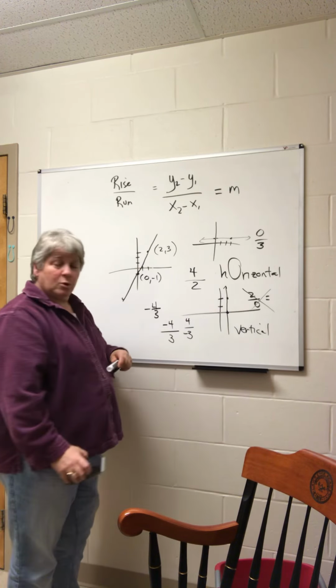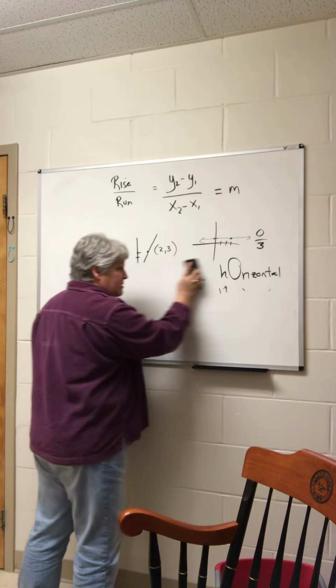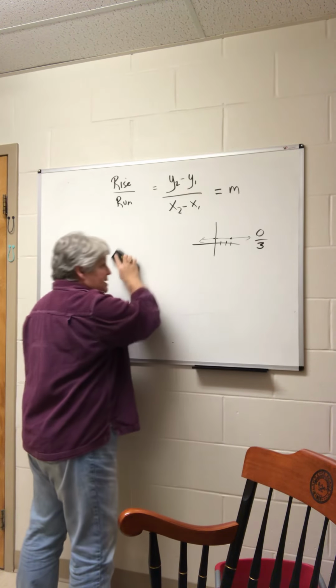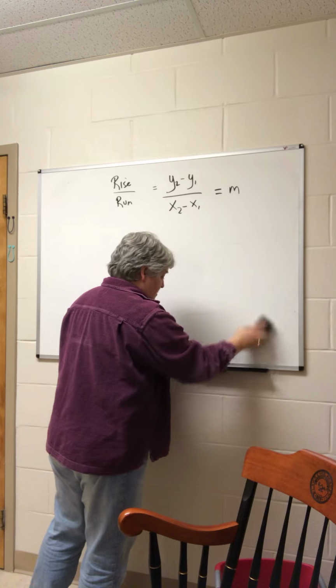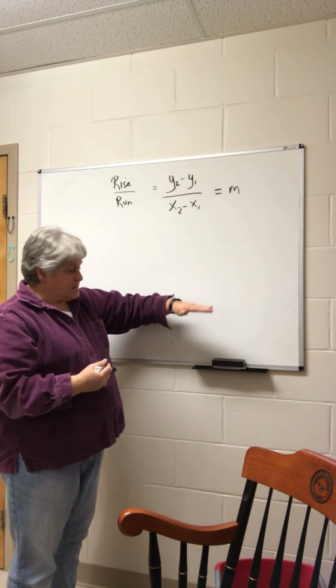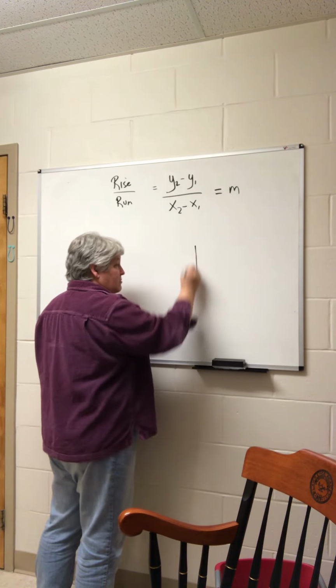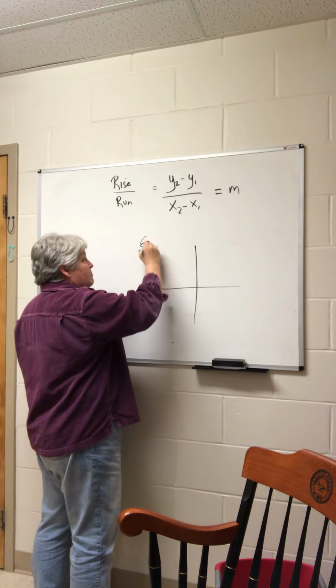Okay, what do you need in order to graph a line? If you remember right, it's the same information that you need to write its equation. You need to know where the line is located and how it tilts. So if I said write, or graph, I should say graph